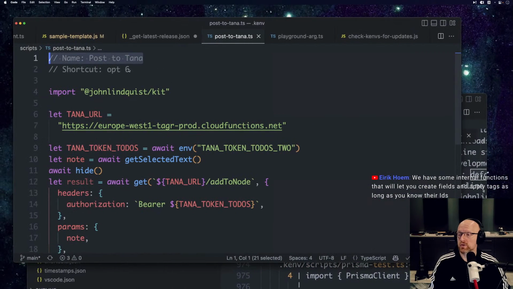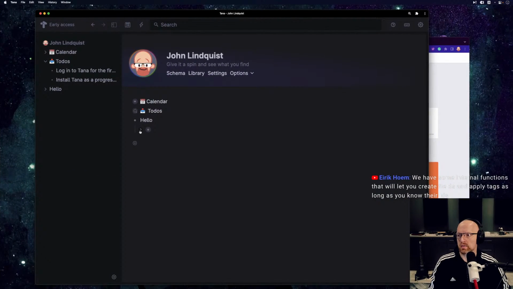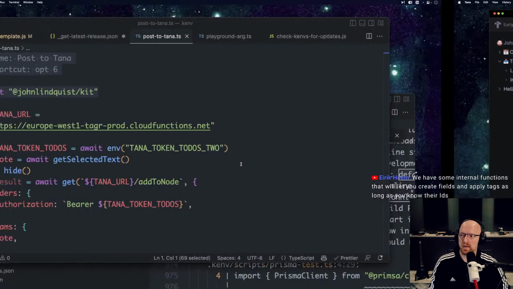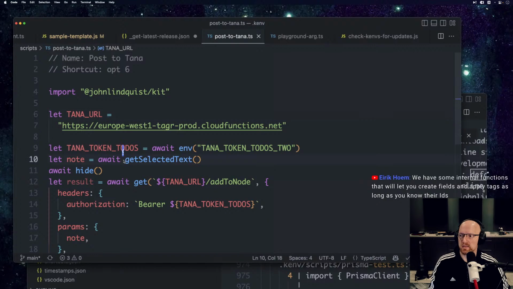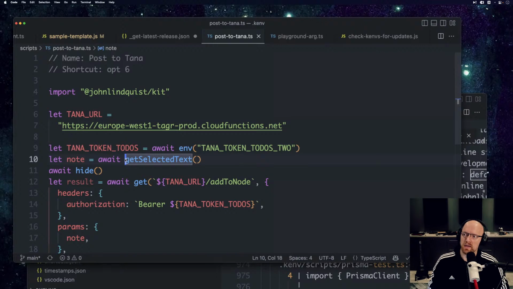So what I want to show here is that right now I have the script mapped to option 6. So at any time I could select all of this, hit option 6, and then it posted that to Tana without me having to open a UI or anything. This get selected text will literally do a command C to grab the text and then pull that into the clipboard and then assign it there, so that anything you pass in here